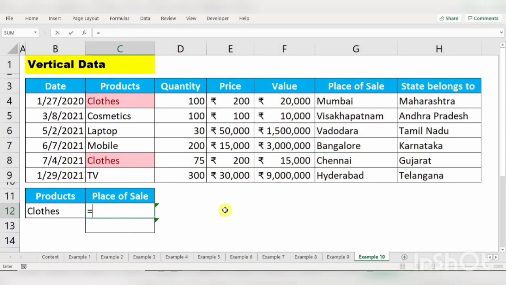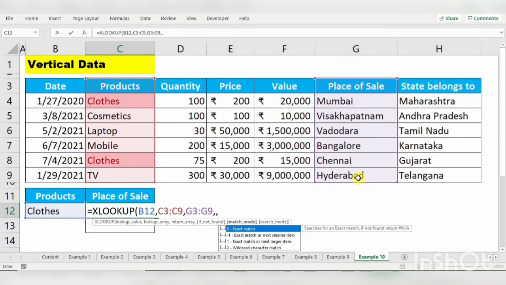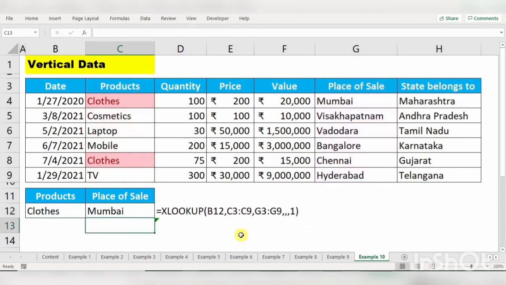Let's see, equal to XLOOKUP, lookup value is clothes from this array, and return array we need place of sale, and if not found is not required, match mode is not required, search mode. It will ask whether you have to search from first to last or last to first. Now for first I am giving first to last, 1, and I am closing the bracket, enter.